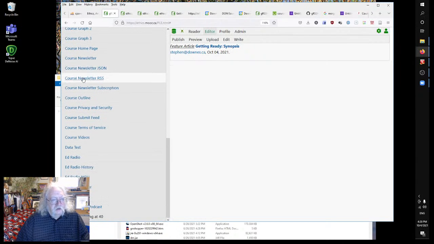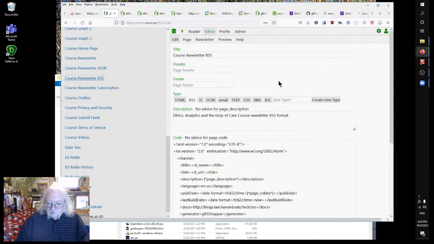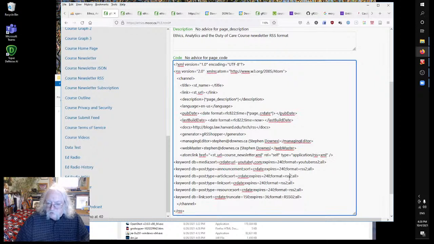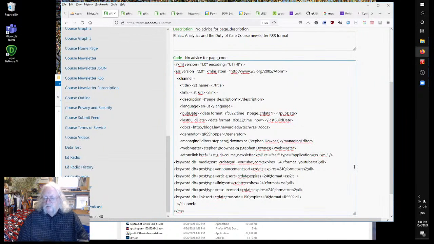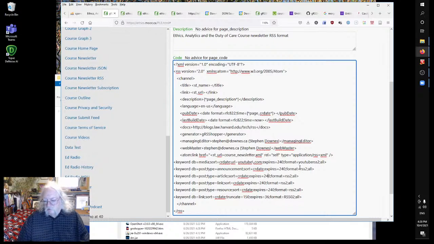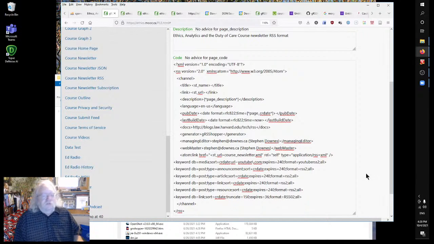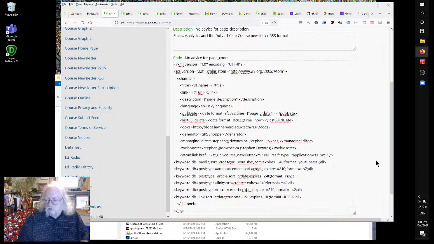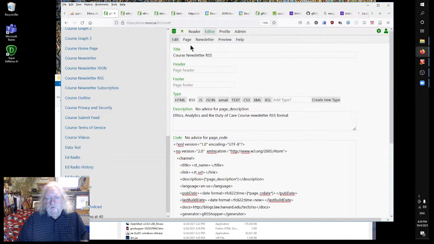And of course newsletter RSS, that's where I want to put it first of all. So db post announcement type equals article. Good. Okay, so it'll be there. Expires equals 240. I'll probably want to change that to 24 because I don't want it in twice. Similarly, oh, this is RSS, it doesn't matter. We'll leave it long. Because it won't be harvested twice by other people, because other RSS sites do the same thing I do, which is check and see if it already exists. So okay, so let's publish this, publish the page,